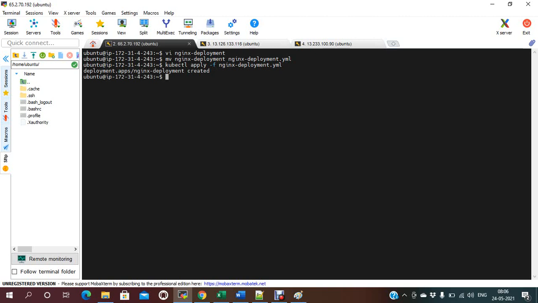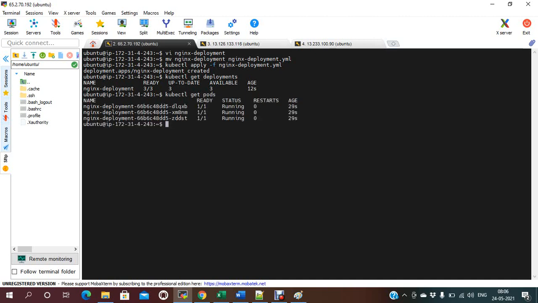The deployment is created. If you check now kubectl get deployments, deployments or deployment, anything is fine, it is created. And when the deployment is done, the three pods are automatically created. If you check now kubectl get pods, see, the pods are also created.